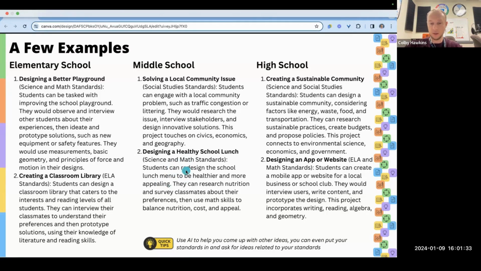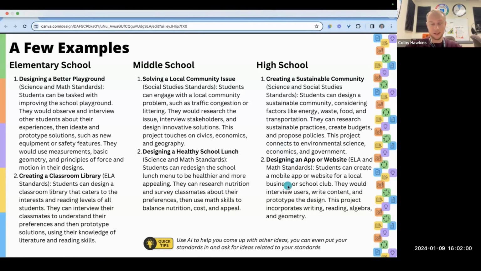Another one, designing a healthy school lunch, where it's more school based and not necessarily the wider community. Then in the high school ones, we have things like creating a sustainable community, which could relate to social studies or science standards, where students can design a sustainable community considering things like energy, waste, food, and transportation, and then they can research practices, create budgets, propose policies,